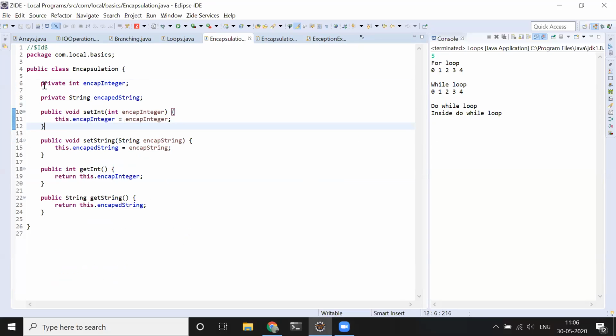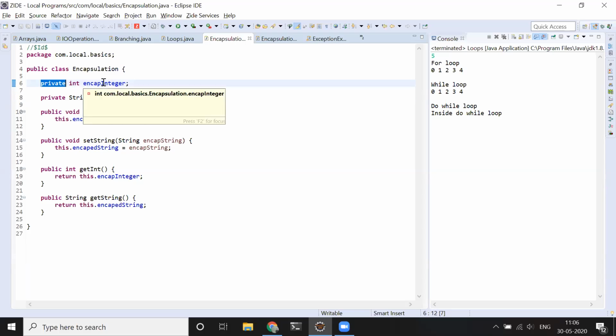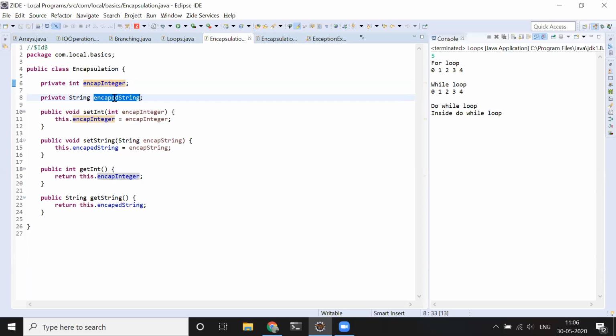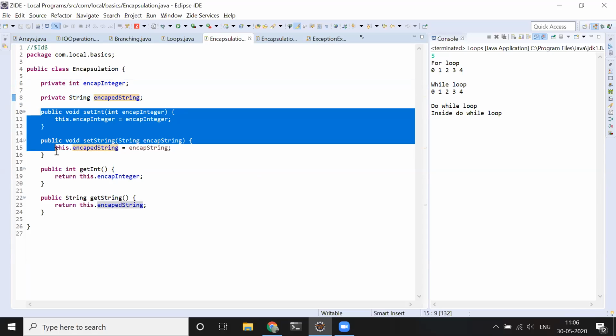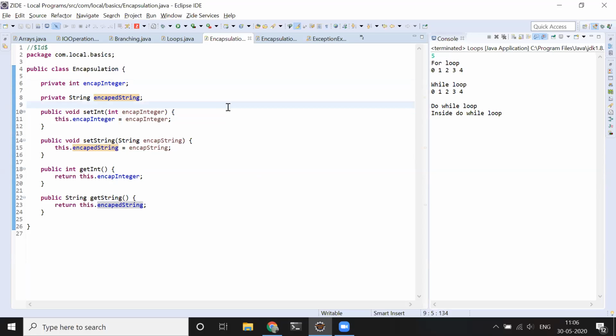For example, here inside this class, I have created two private variables, like an integer variable and a string variable, which will be encapsulated inside this class. Here I am making use of two methods to set the values inside the class.